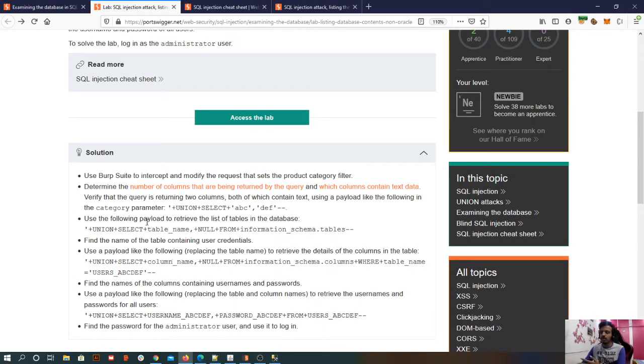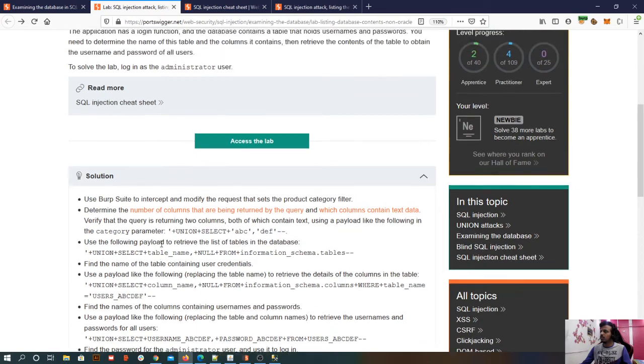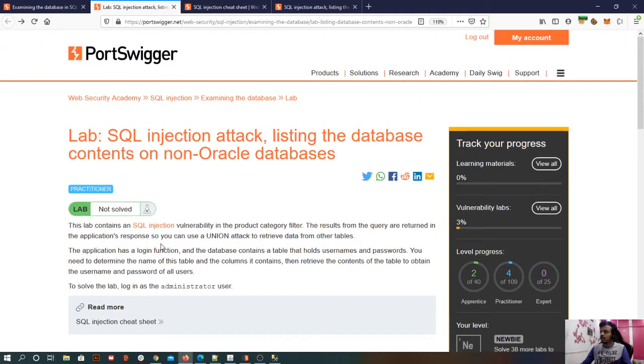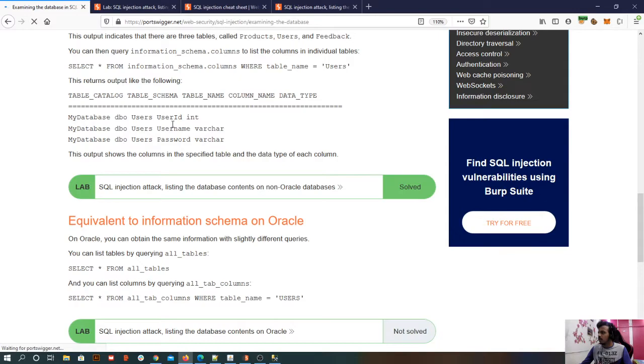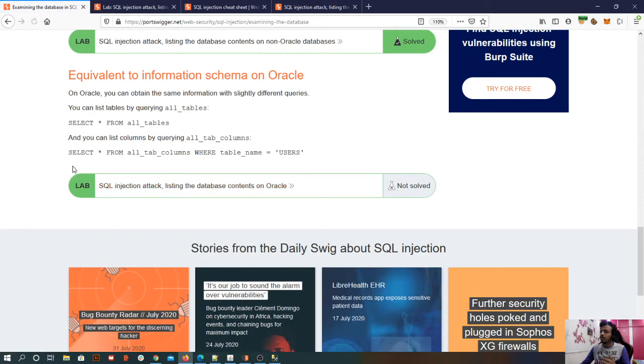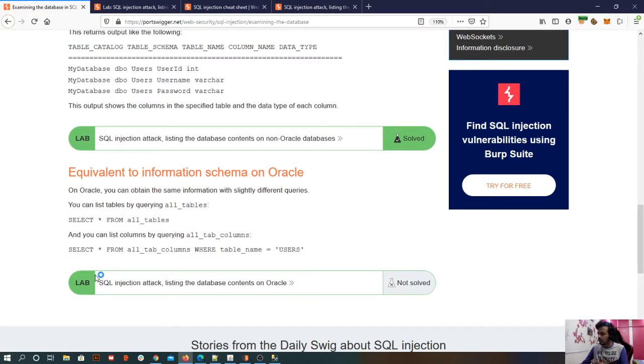But if I try on my own, there is a possibility that I might come up with a solution with a different method. And if I come up with a solution with a different method, I can still come and watch the solution and see that, okay, this is also possible. So that is when we can get the satisfaction. Okay, now coming back to our point, let me refresh this. Okay, so we have solved this, and the final lab, as a part of reconnaissance using SQL injection,